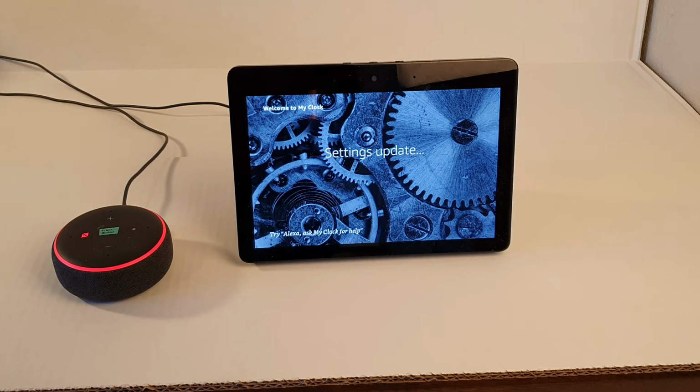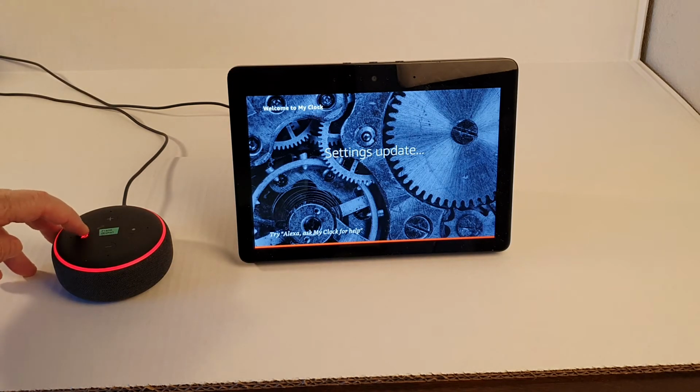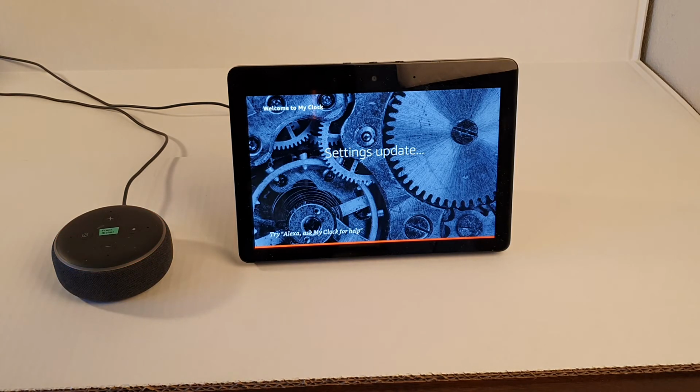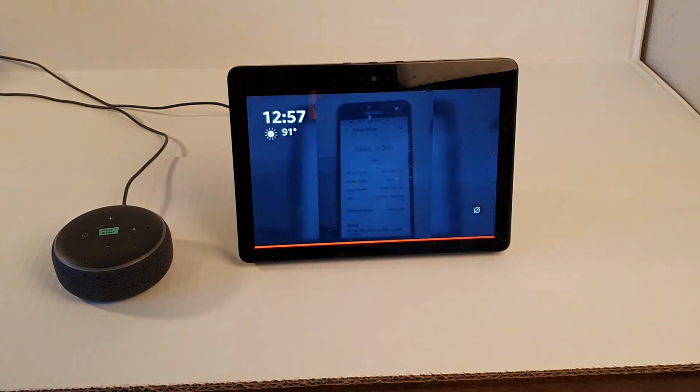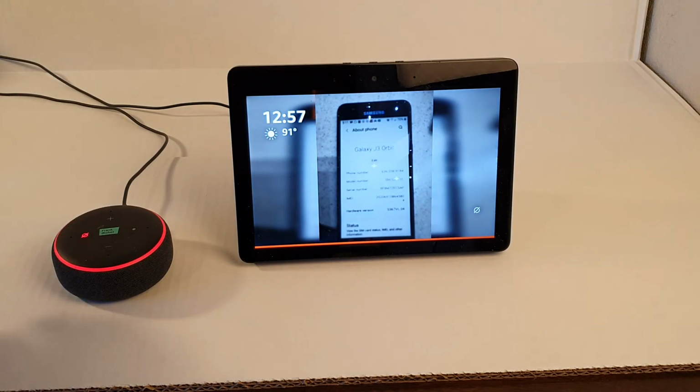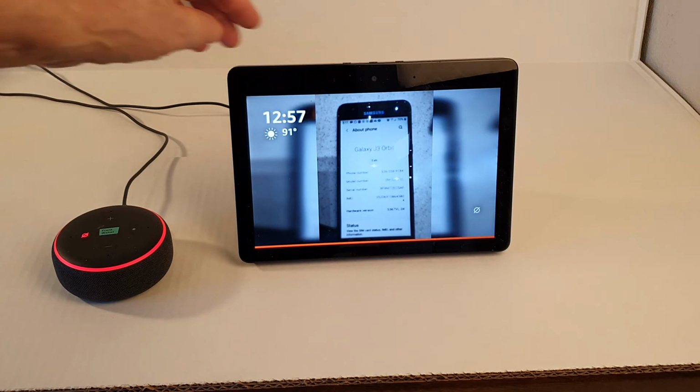Okay. Well, as you see, those settings are kind of funny, right? But you can change those for your loved one based on their sleep pattern. Well, let's just check here and see what it sounds like on one that doesn't have a screen. Alexa, MyClock. Oh, it's still time for sleeping. Grandpa, it's 12:57 p.m. You still have 1 hour and 3 minutes left to sleep. Okay, so you could hear the greeting there by name and time, and it's nighttime and how much time you have left to sleep. Let's watch it on the screen.